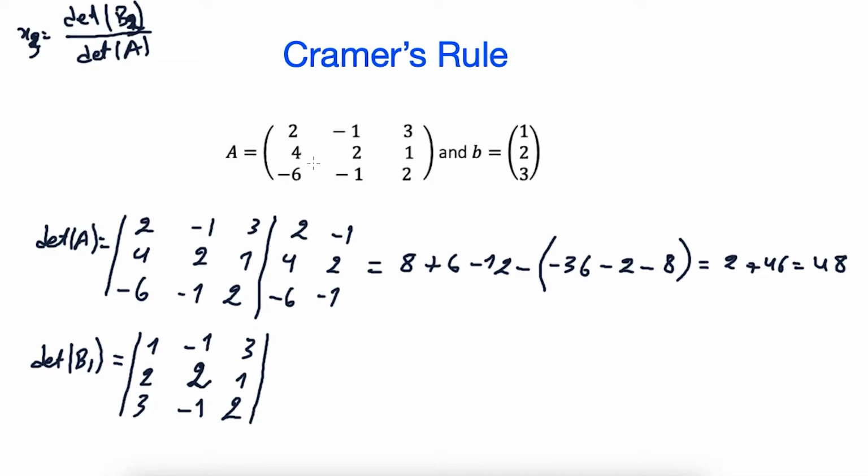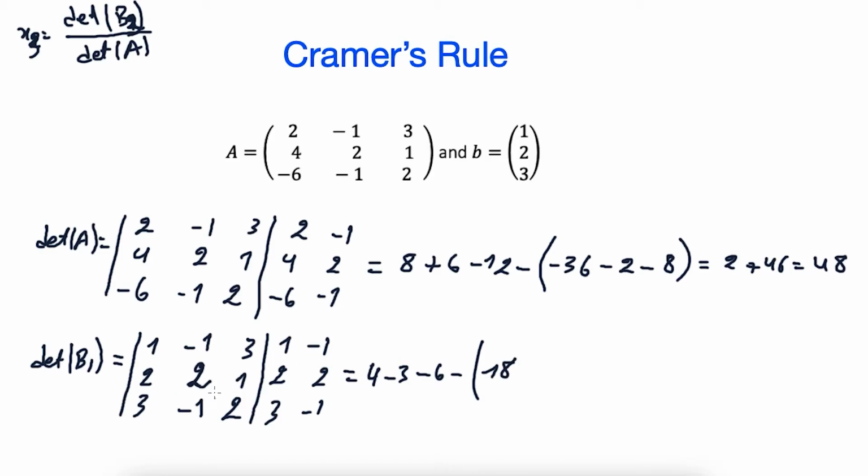So we just replace this column here by the column vector b. And to compute the determinant of the 3 by 3, we put these two columns here, 1 2 3 and minus 1 2 minus 1, and this equals 1 times 2 times 2, which is 4, and minus 1 times 1 times 3, which is minus 3, and 3 times 2 times minus 1, which is minus 6, and this minus the product of these elements, so 3 times 2 times 3, which is 18, and